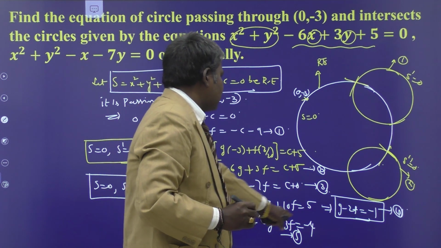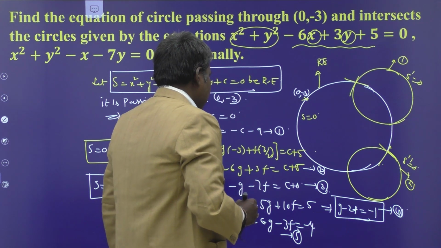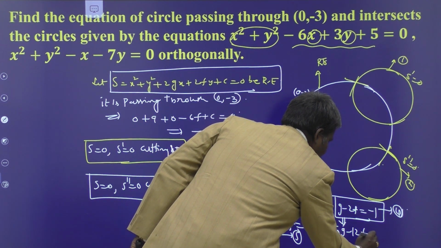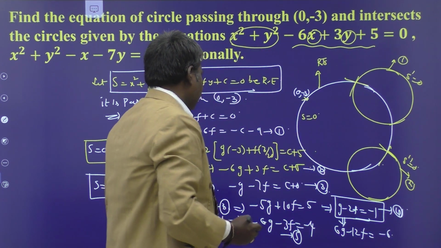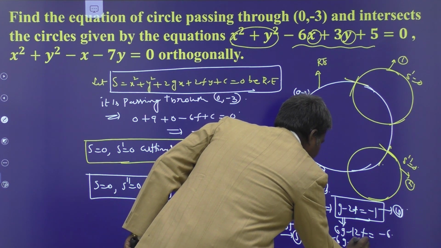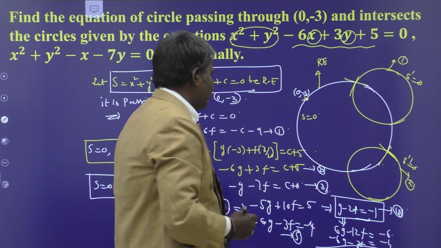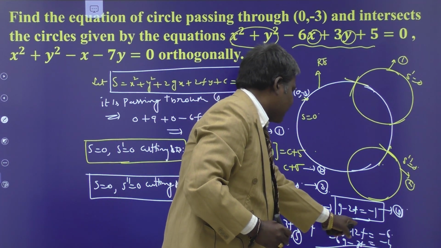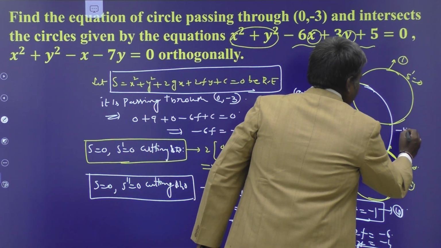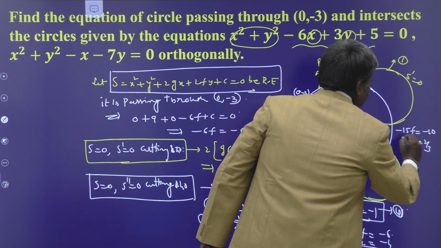Now it is minus 6g, here is only g itself. So multiply fourth equation by 6 itself. This implies 6g minus 12f is equals to minus 6. This is what now? Minus 6g minus 3f is equals to minus 4. By adding these two equations, plus 6g minus 6g gets cancelled. Minus 15f is equal to minus 10. F is nothing but 2 by 3.